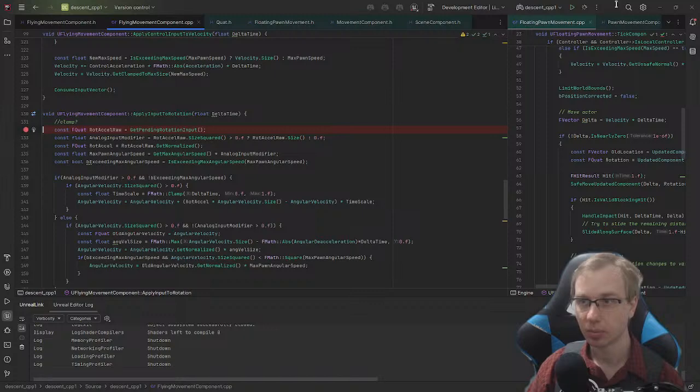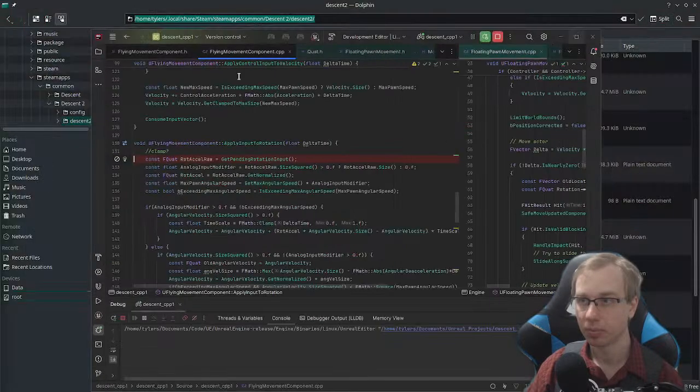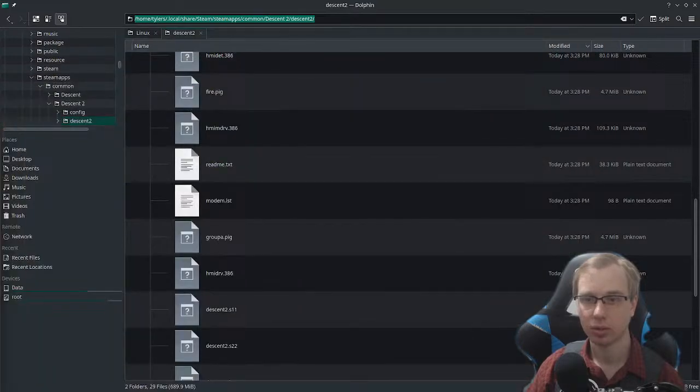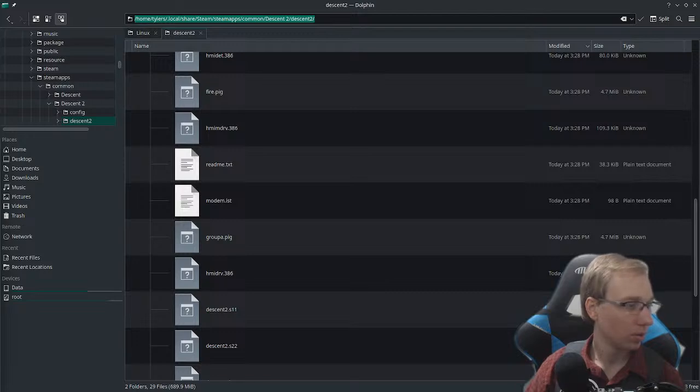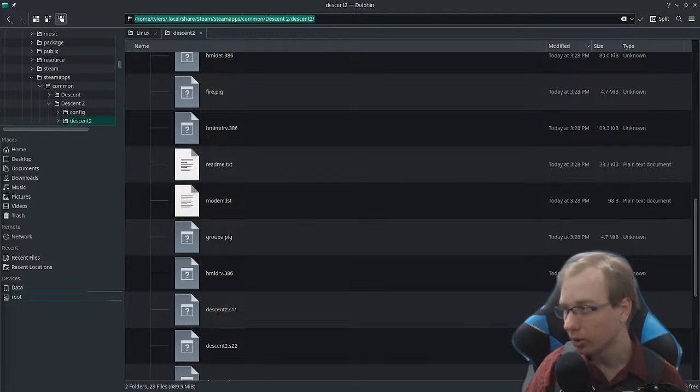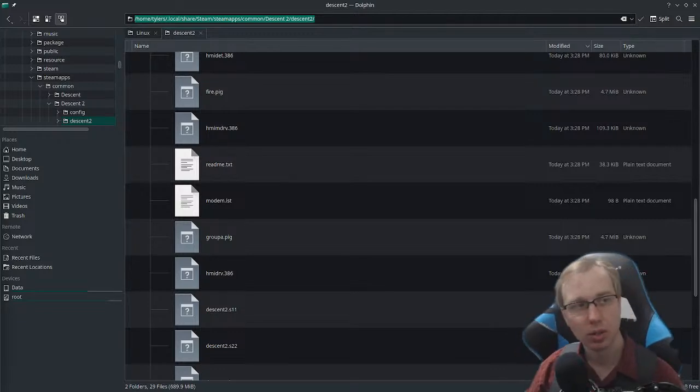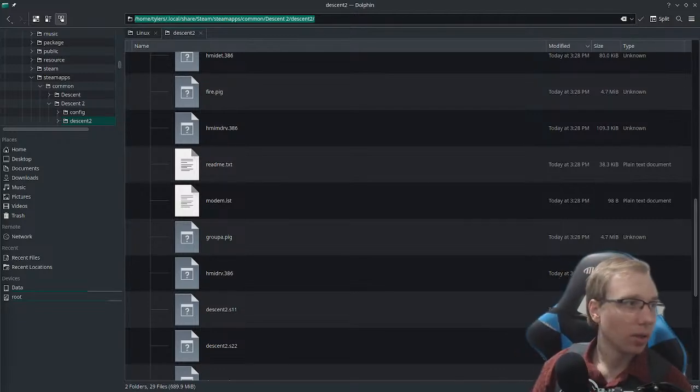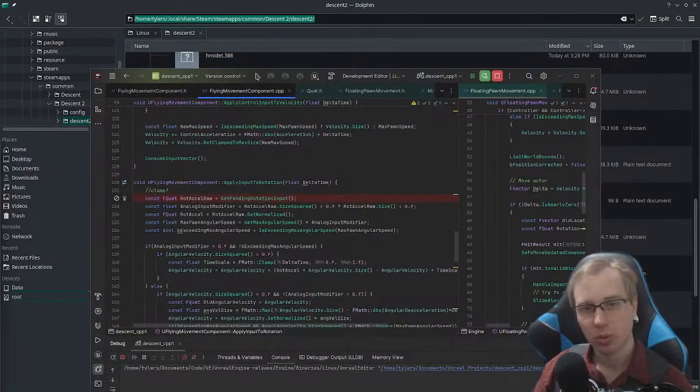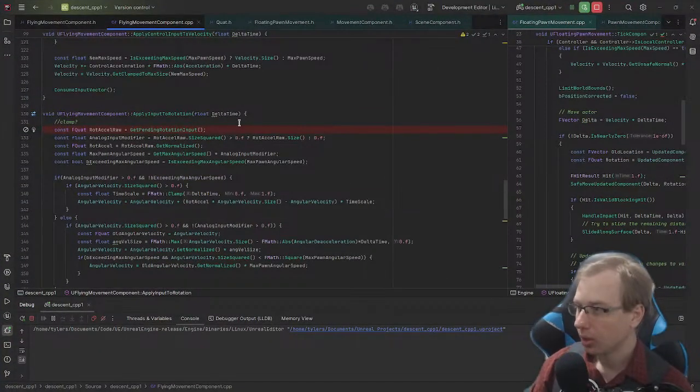I'm actually going to pull this guy to the other screen. The Unreal Editor is going to take a few seconds to load here. And basically, let me pull this back. What we're doing in debug mode is